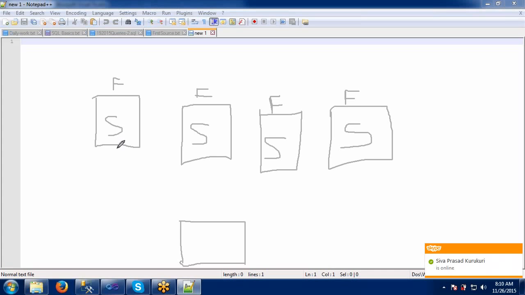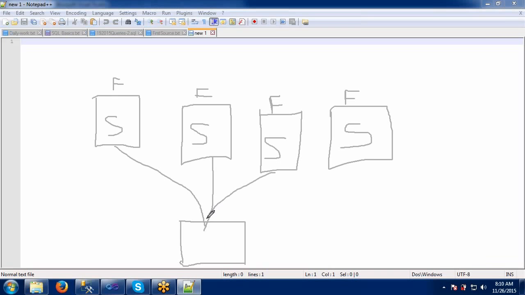My requirement is that all these sources have to come to my destination at a time in a single package. All these 4 files' data I want to load into the single table.